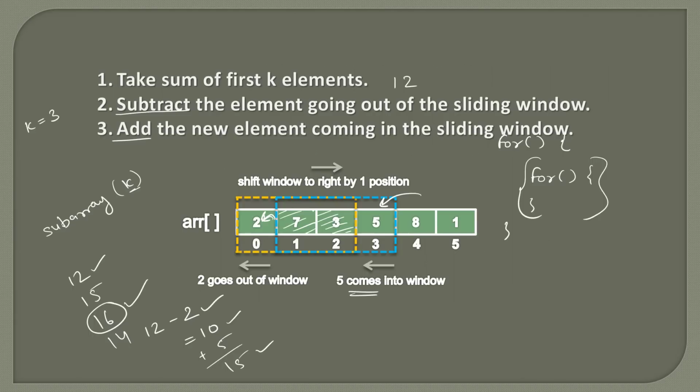And also friends, here you can see the value of k is 3, which is very small. So here these are only 2 elements coming. Let's say the value of k is 100. So if one element goes out of the window, we don't have to calculate the 99 elements sum again and again. We can simply subtract one element and add another element, and we will get the sum of the next 100 elements. So this makes our algorithm efficient. Now let's move ahead and see the demonstration of this algorithm step by step.